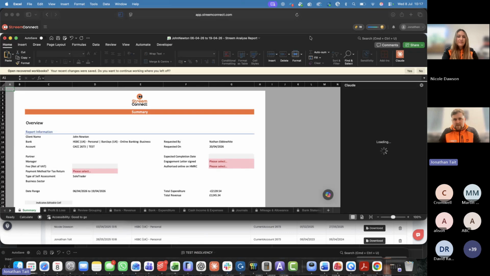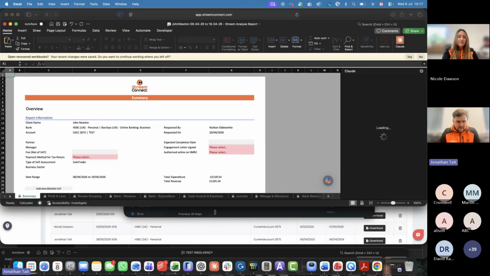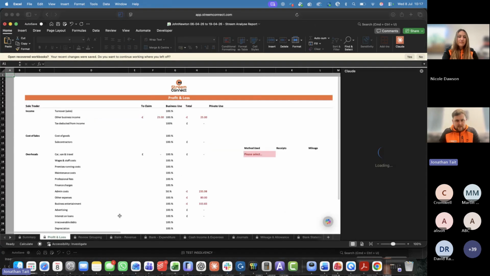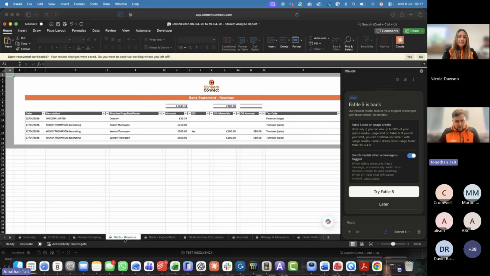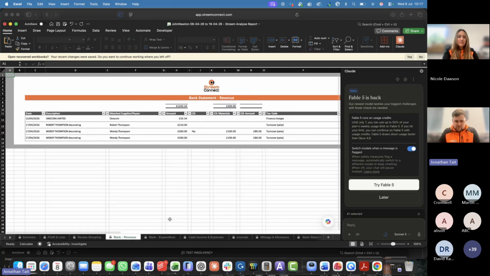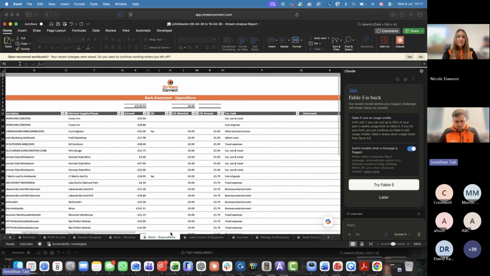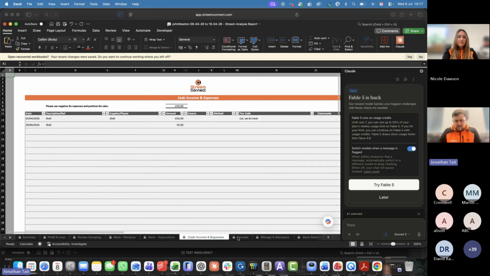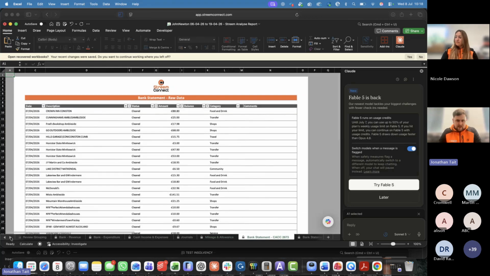So it's very much like the analyzer was before. Within there, you've got your profit and loss, which is broken down. You've got your bank revenue and expenditure tab, which shows where you've coded everything also. You've got your cash income and expenses. So basically all your tabs within Stream Connect. Obviously you can see that pretty straightforwardly. It's basically copying that, and you've got your mileage in there, and then you've got your actual bank statement